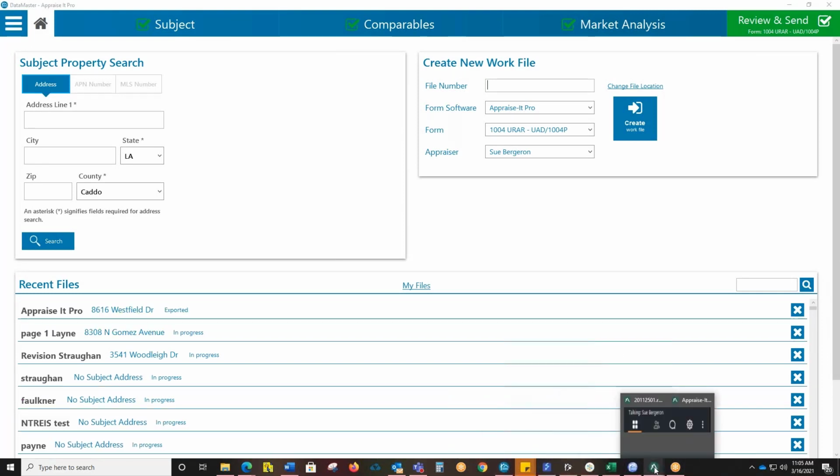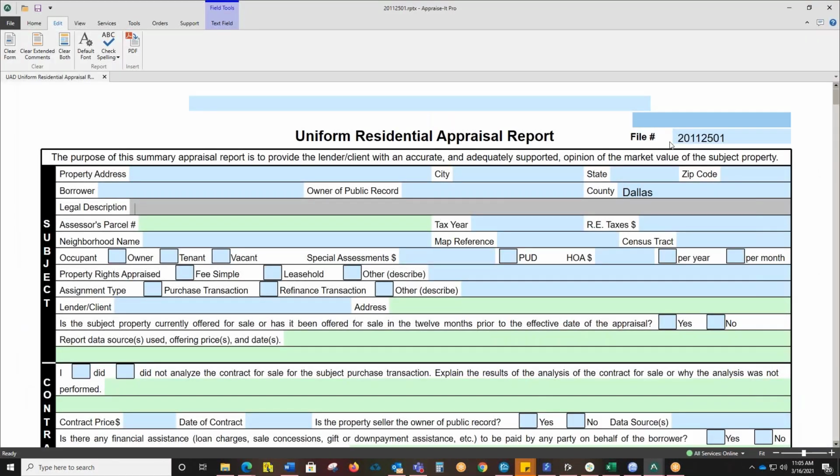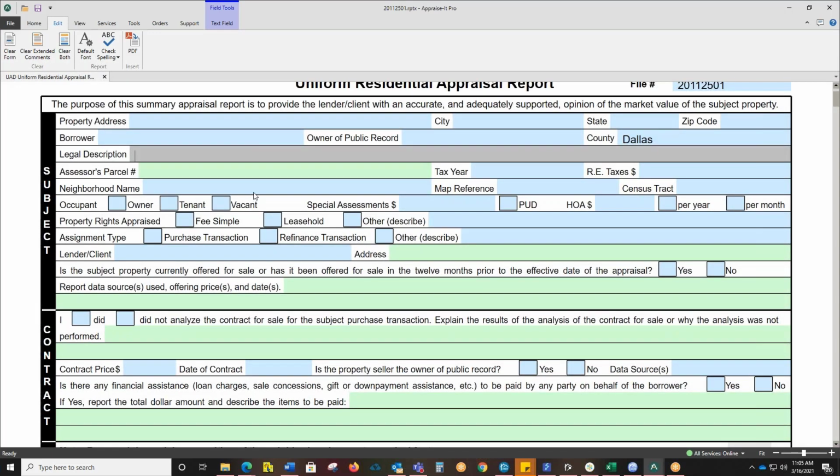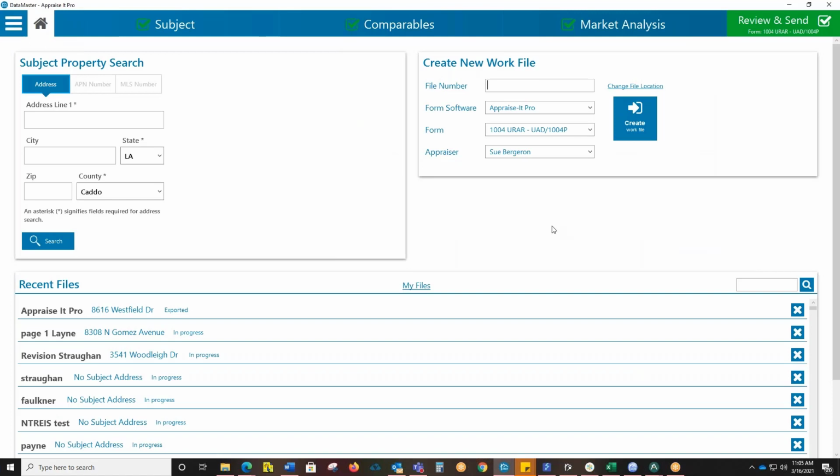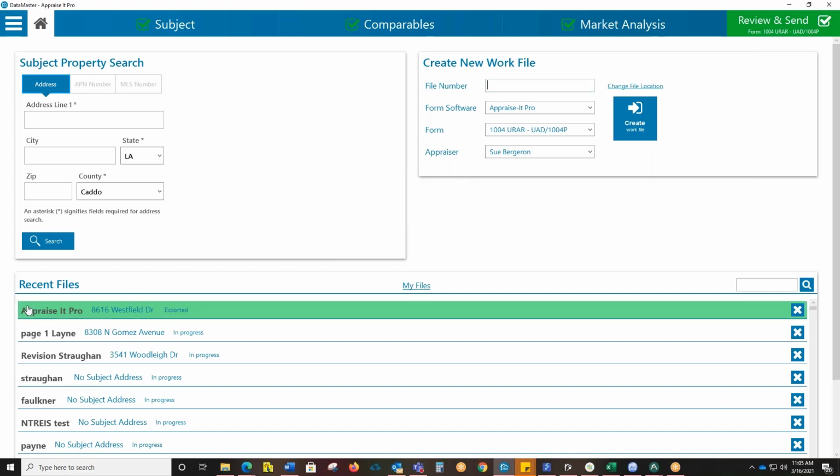Okay. All right. So what we would do to start is you would get a report ready in Appraise-It Pro. I'm going to have this one blank, but I do have a file number up here. And so I would pick the correct form that I want to use. This one's a 1004. And so you can see here it's all blank. Okay. And then I would go back to my DataMaster and start here. And we're going to create a work file over here. We've chosen Appraise-It Pro as our form software. We've chosen the form to be a 1004 UAD form. And then we would name it something. And then we would go ahead and